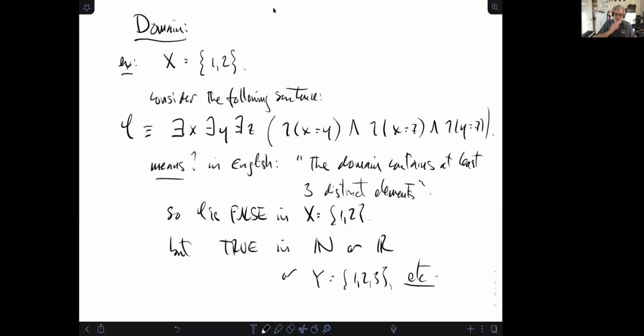Okay, so I wanted to emphasize the fact that the domain is really important, how you interpret, and I didn't use any very sophisticated predicates. I just used the equality predicate, which is usually a given. If you're doing logic without equality, some things are really hard to say, okay? So I have a sentence here that says the domain contains at least 3 different elements. So in a domain with 2 elements or 1 element, it's not true,